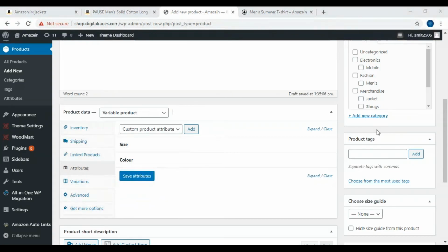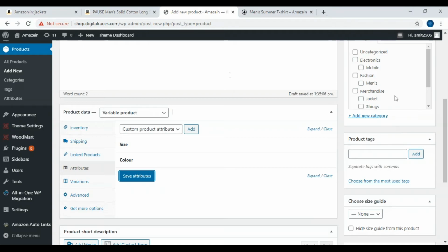You can put in the chat window. So see, with green color, we will have five variation. That is, yeah, right there, correct. That is small, medium, large, excellent, double XL. With blue also we will be having the same. So total we are going to have 10 variation. 5 into 2, that is 10.